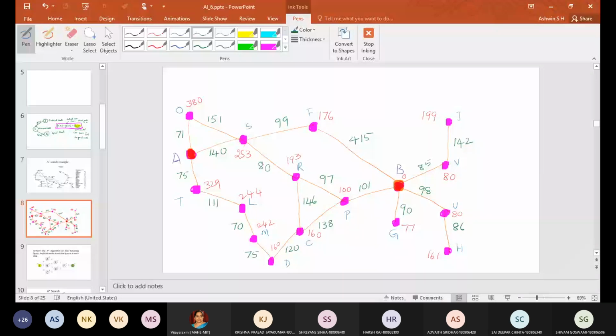Okay. So this is the route finding problem using A star search algorithm. This is actually a simple problem with the minimum cities, minimum nodes we have given. So you can just try this and tell me, from A to B, what is the minimum route using this A star? You can try.